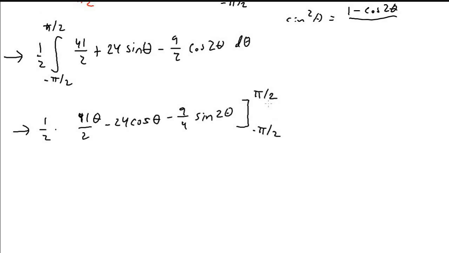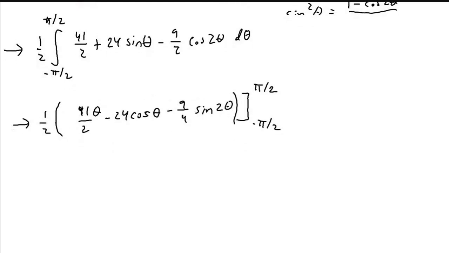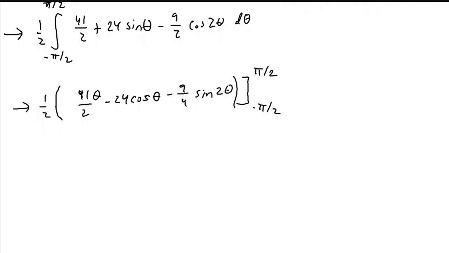So now I can just plug it in and evaluate. So I'm just going to separate the 1/2 for a little bit and just evaluate what's inside, because I can always multiply by 1/2 when I get the final answer. So when I plug in pi over 2, we'll get 41 pi over 2 divided by 2, which is 41 pi over 4,